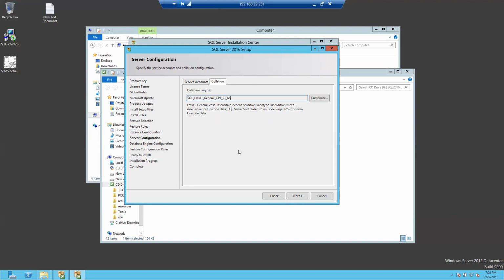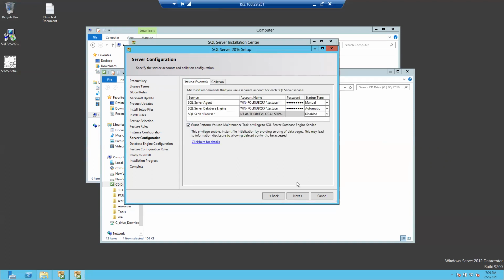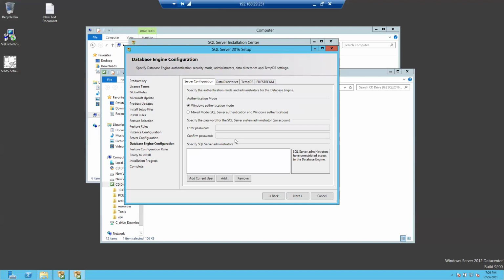Here SQL Server is case insensitive. When you create a table name with a capital letter and try to read the data from the same table using small letters, you can fetch it. So this is case insensitive. Our SQL Server is case insensitive. If you want to make it case sensitive, you can do so using the collation setting. Collation is a set of rules. Okay, that's it. Now I'm going to the next.